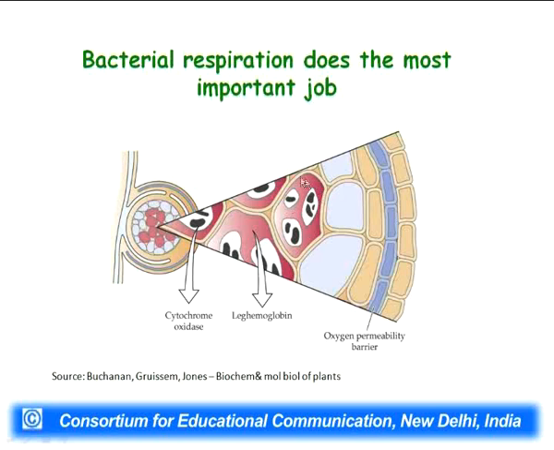Now, say this is the cell which has 100 nanomolar oxygen, and the plant mitochondria are using it. Say a very little amount, 10 nanomolar, is going in, and whatever amount is going in is rapidly trapped by the very high affinity cytochrome c oxidase present in this bacteroid. So, you can easily imagine that this bacteroid, which has the nitrogenase enzyme, can work in an absolutely oxygen-free environment, where the oxygen level can go as low as 8 nanomolar.